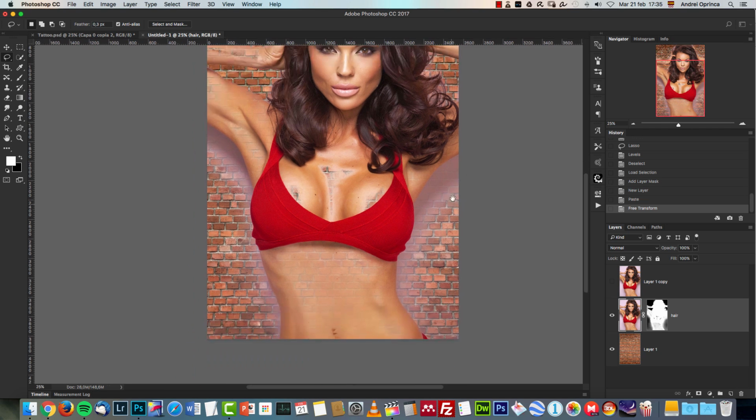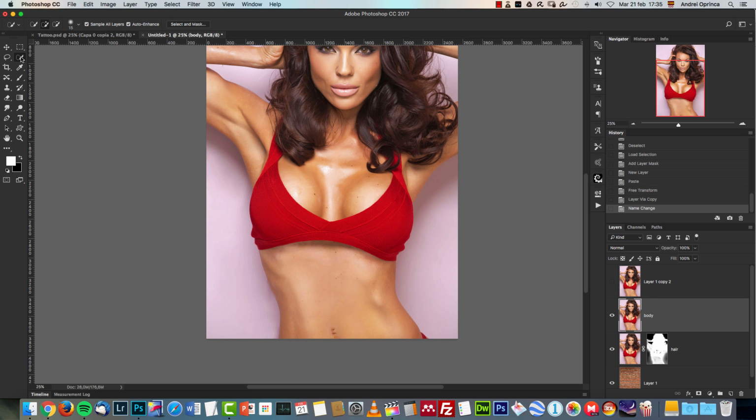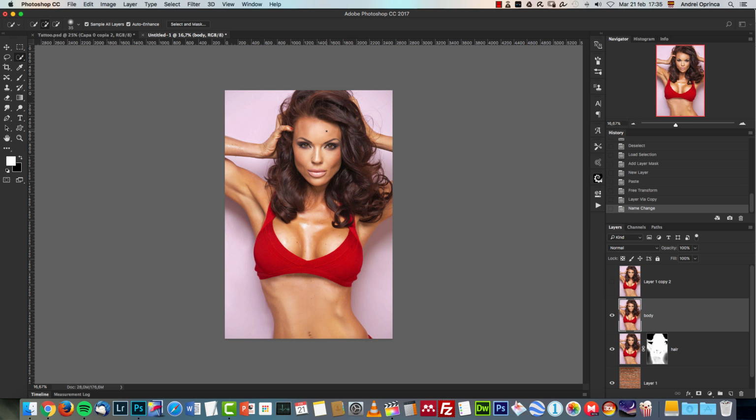But what I don't need is this bottom part. I'm not gonna delete it yet because I wanna create another copy of this model, and I'll name this body. And I'm gonna leave it on top of the hair layer. Now, with this layer, I'm just going to select the quick selection tool, and I'm gonna make a quick selection of the body of the woman,